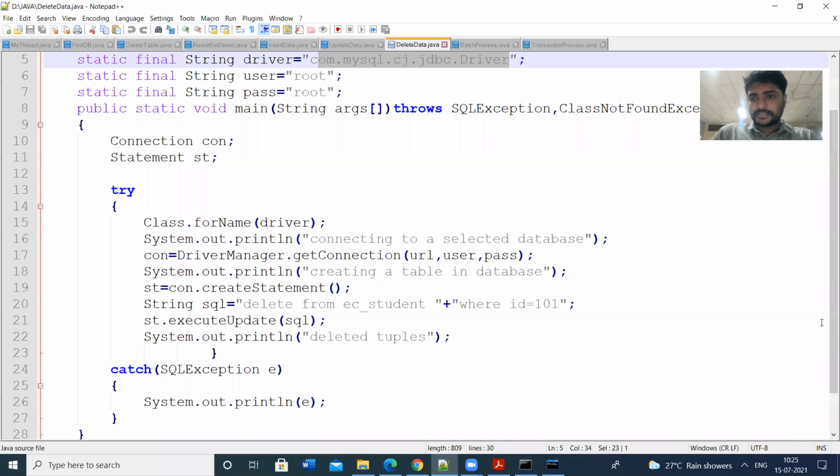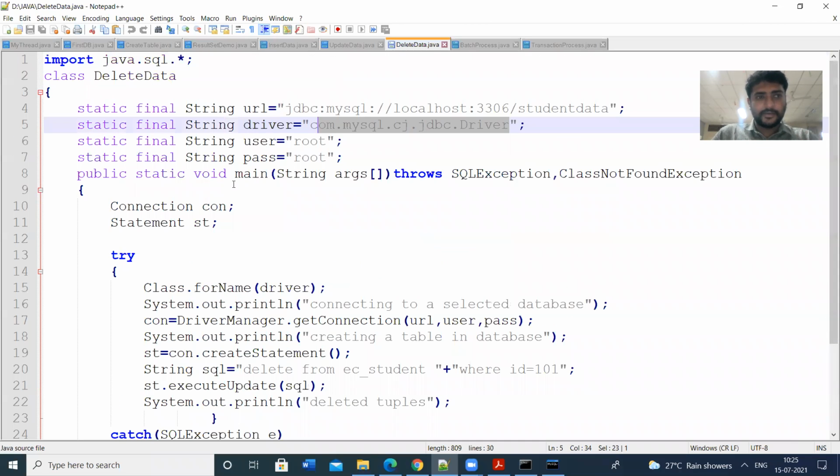These statements are common for every program: the import statement, URL, driver, username, password, main method, and creation of the connection object, statement object and result set object. We are placing everything in the try catch block.